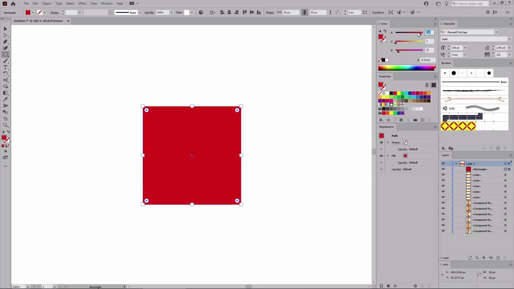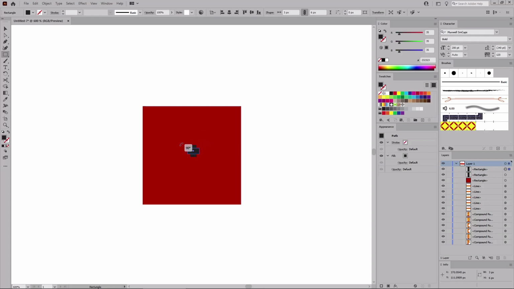Change the fill color to 187, 0 and again 0. And then click again on your artboard, this time to create a 3 by 6 pixel rectangle. Change the color of this new shape to 35, 35 and again 35. And then press Ctrl C and Ctrl F to add that copy in front.